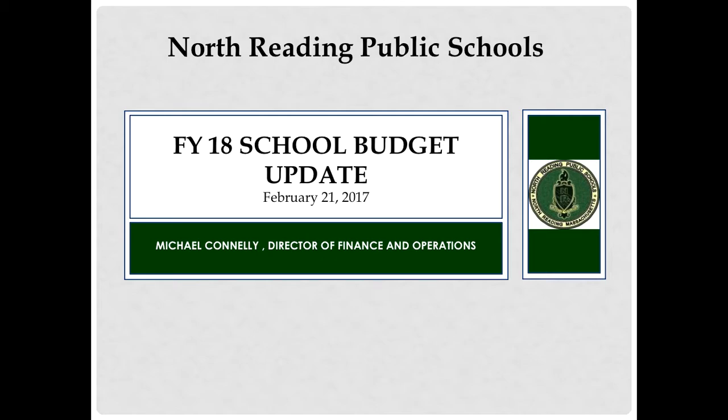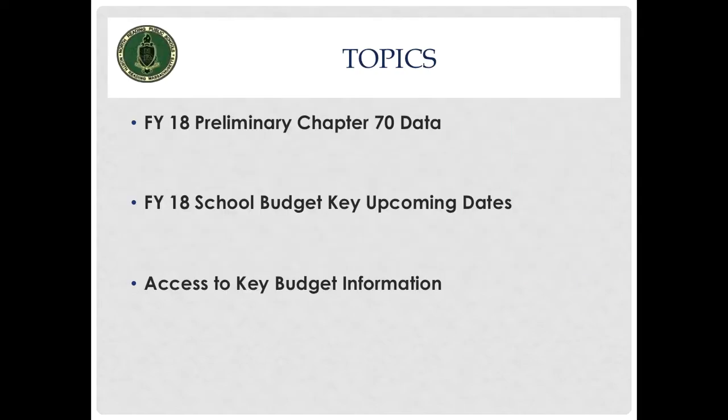And today I thought we would look at the Chapter 70 program and talk a little bit about how the Chapter 70 formula works and what that means for North Reading. The governor has released their FY18 preliminary Chapter 70 data. Then I thought we'd talk a little bit about the school budget process and the key upcoming dates. That process in North Reading is going to heat up over the next several weeks. And then as a reminder, I would refresh everyone's memory how they can access some key budget information on our